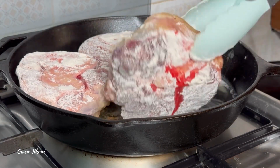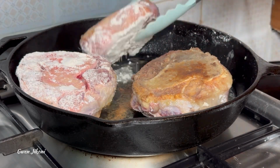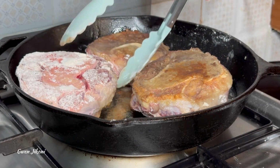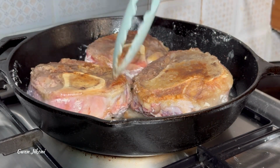As this is going on, preheat your oven to 100 degrees Celsius. Never skip this process because it's a flavor building process, sealing in all the juices in the